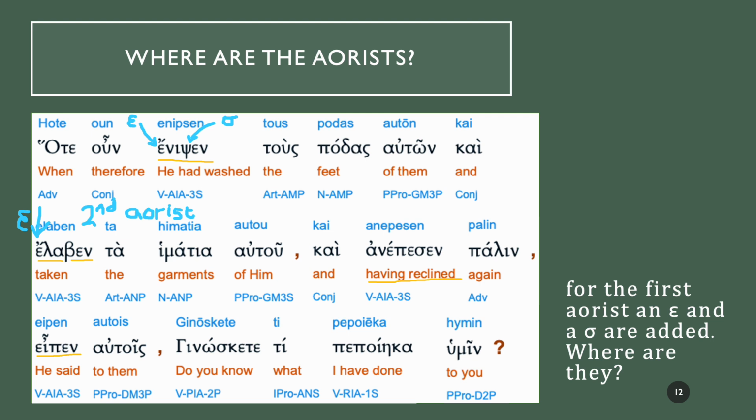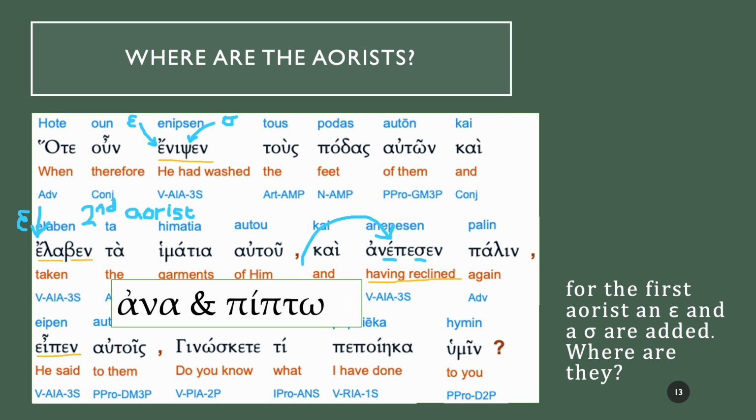The next example of an aorist has gained an epsilon at the beginning. It's from lambano, so we've got elaben, but it's a second aorist. So the root of the word has been contracted from lamban to just lab. Added the epsilon augment, and then the epsilon nu at the end is this stem, which gives us the detail, basically, the third person singular bit.